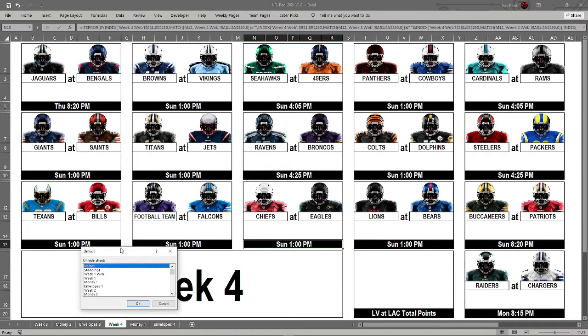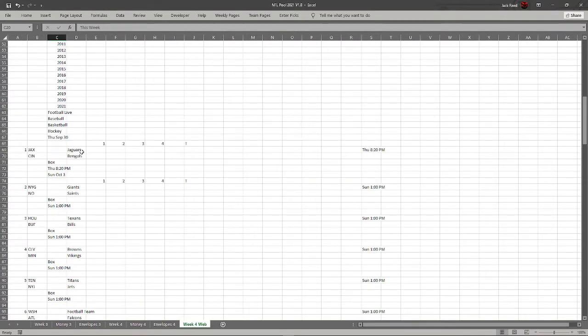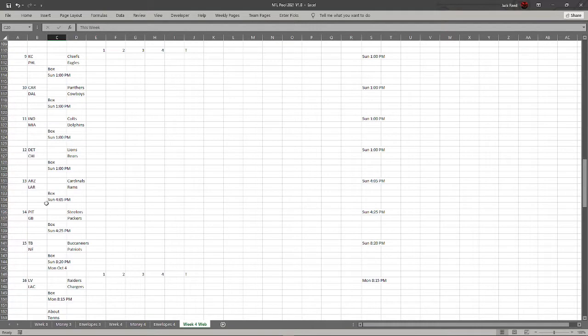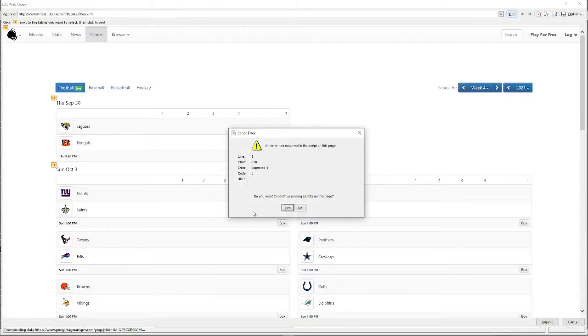Let me show you that actually because I don't think I did earlier. So if I scroll through the hidden sheets, we'll find the web sheets. So if I go to 4, you can see here it's pulling everything from the web, and then it's giving me a game number and then the teams that are involved, initials based on whatever their mascot is in the site. So if I right click this and I edit the query,